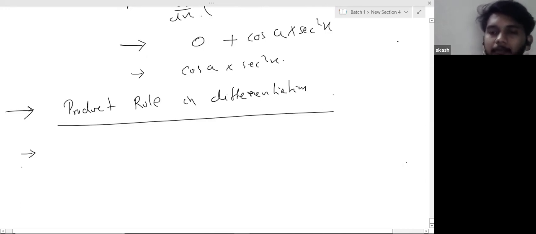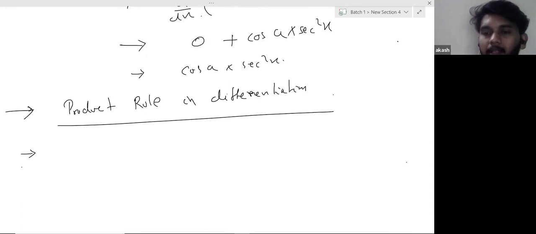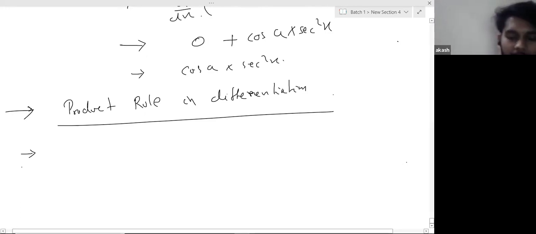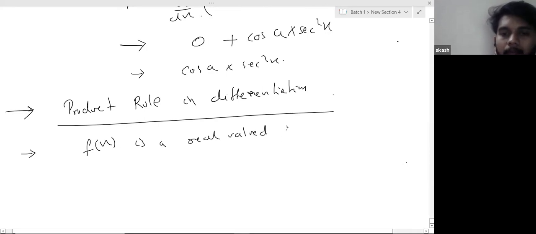If two functions have been multiplied in the question, and they have asked you to differentiate that, how to do that? All right, if f of x is a function and g of x is also, g of x and f of x are real valued functions,